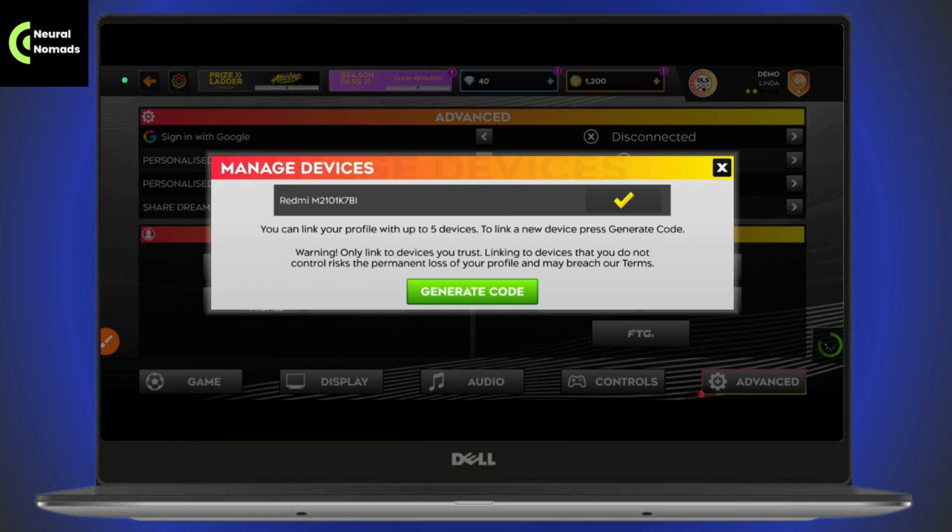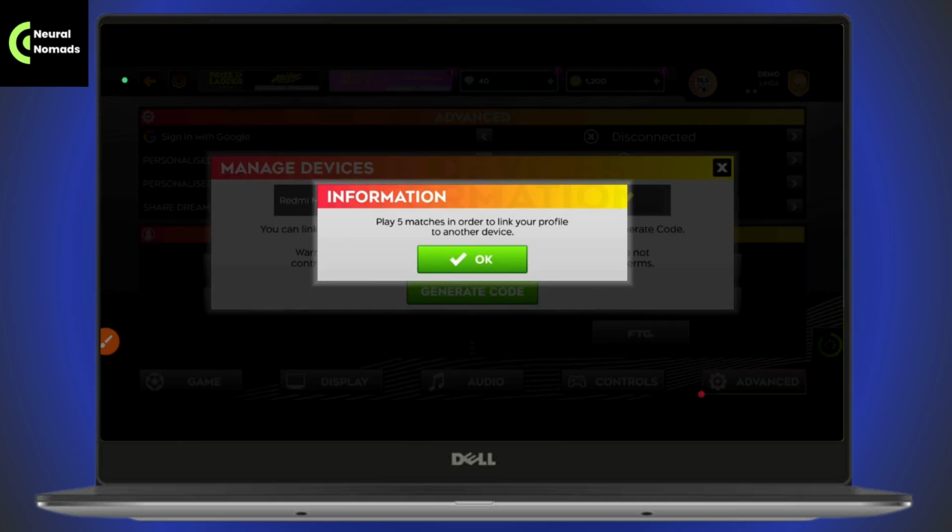So you have to generate a code. In my case, the code is already there. Or you can tap on generate code and then tap on OK. It says you need to play at least 5 matches in order to link your profile to another device. So I've not played any games, but if you've played 5 matches, then you'll be able to link your profile